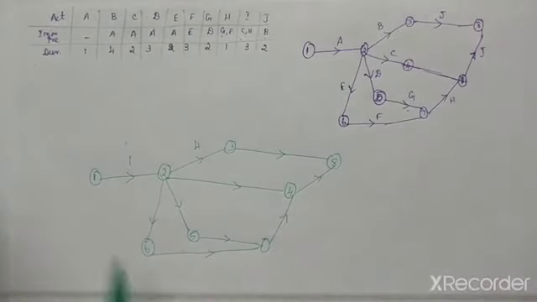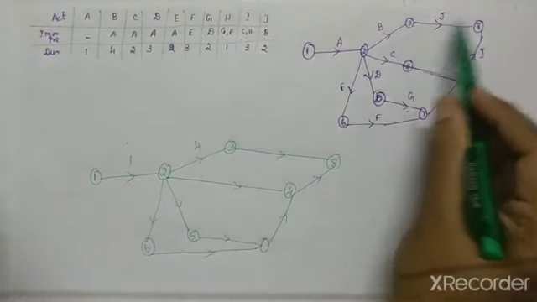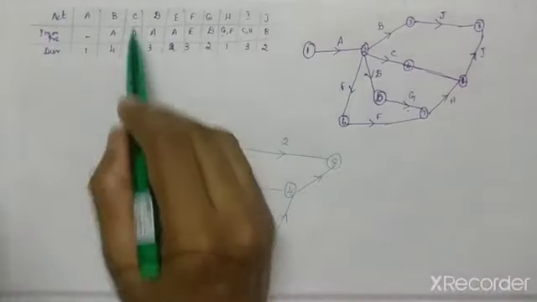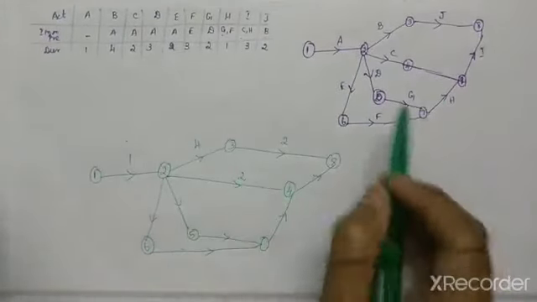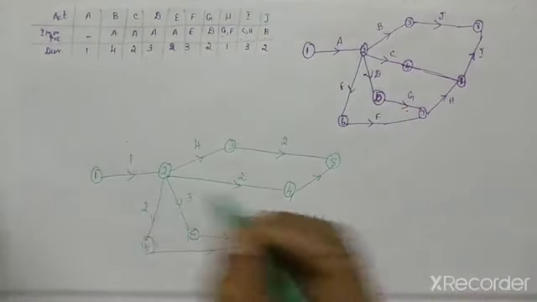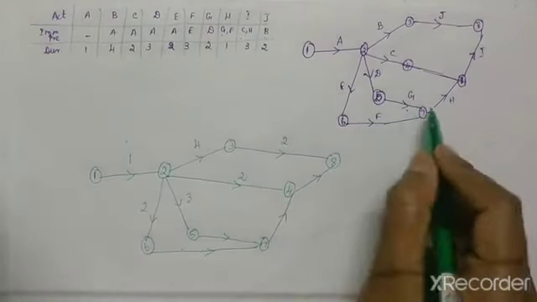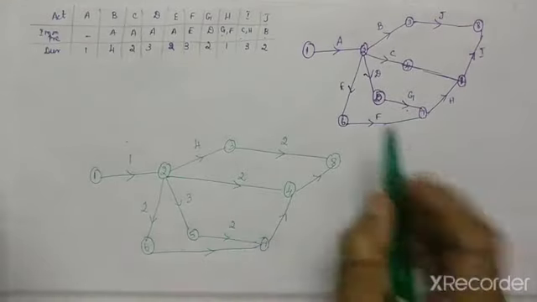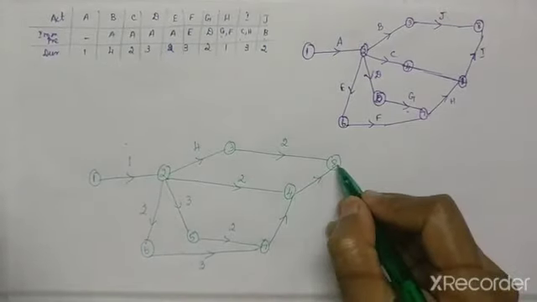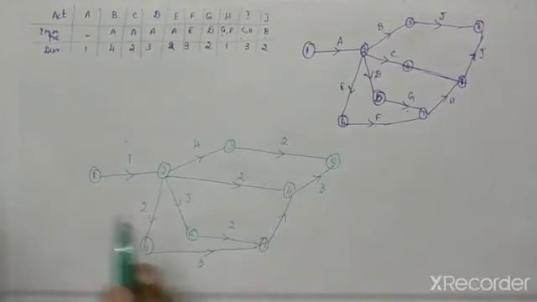So now you have to substitute. For A the duration is 1. For B, substitute 4. For J, we have to substitute 2. For C, substitute 2. For D, here 3. This one is E, so here 2. The next one is 5 to 7, which is G, so the G value will be 2. 6 to 7 is F, so the F duration is 3. And 4 to 8 is I, so the I duration is 3. Now this is your complete network.